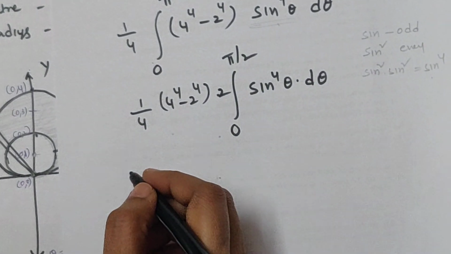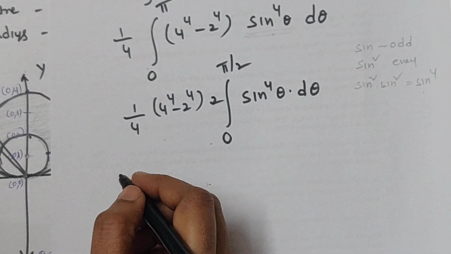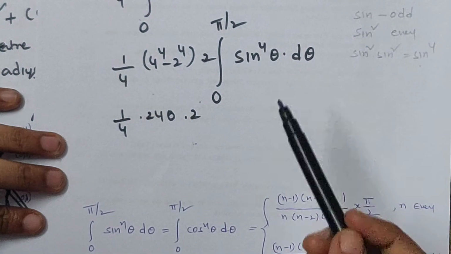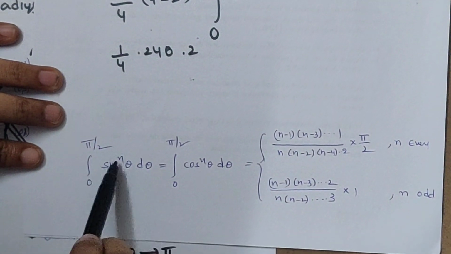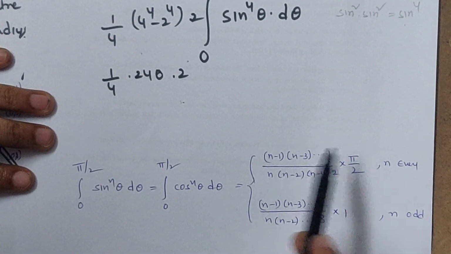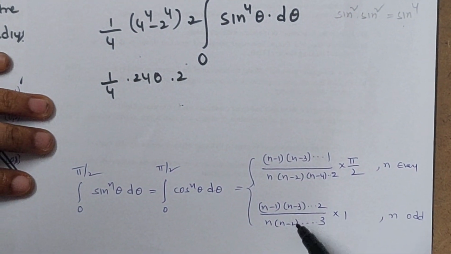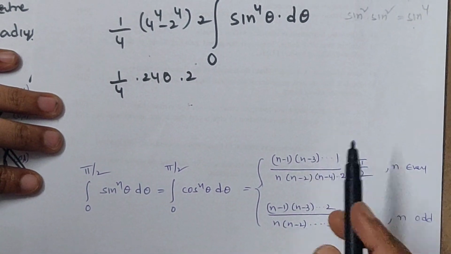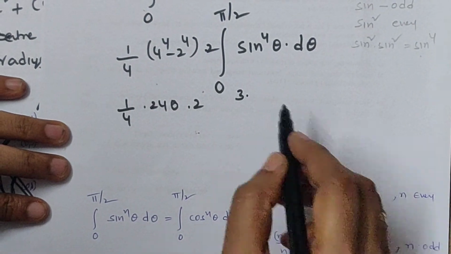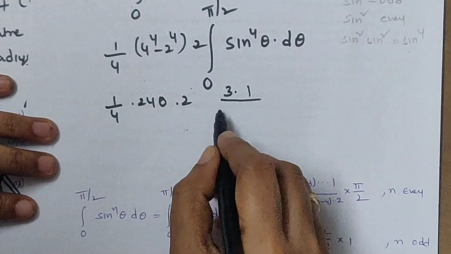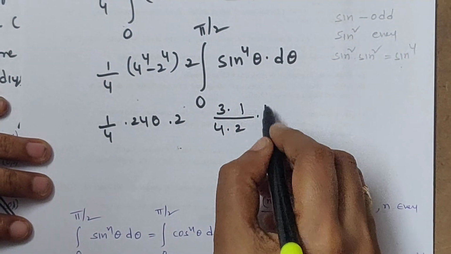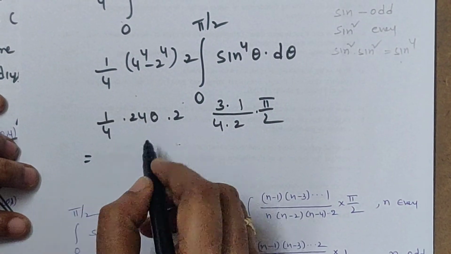Now consider the integral from 0 to pi by 2 of sin power 4 theta d theta. We have the formula for the integral from 0 to pi by 2 of sin power n theta d theta, or cos power n theta d theta, for n even and for n odd. Here n is even. So you will get (4 minus 1) 3, (4 minus 3) 1, by 4 into (4 minus 2) 2, into pi by 2. So on simplification